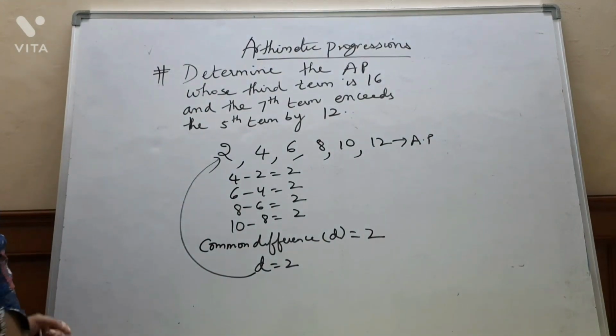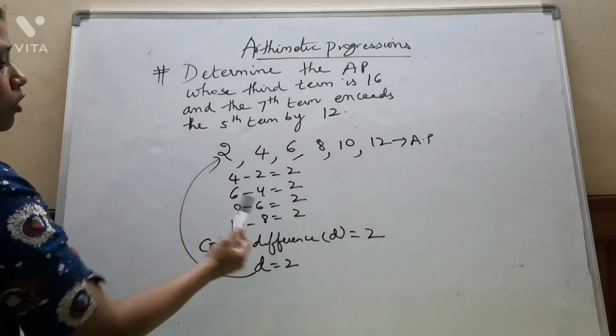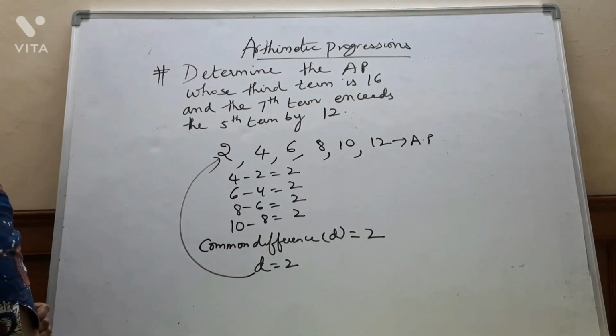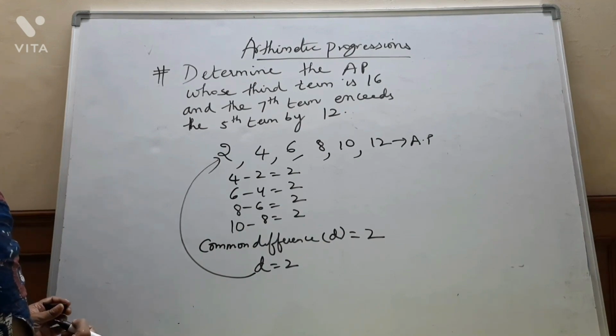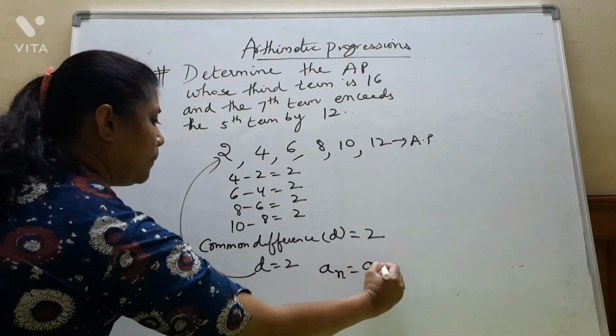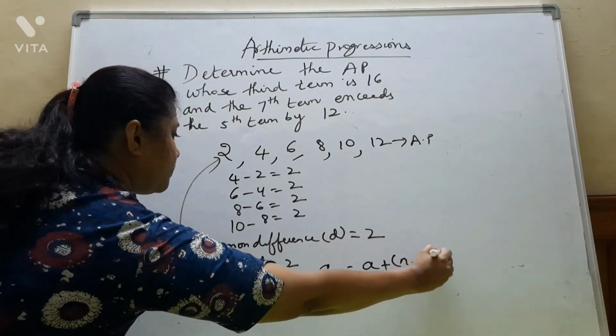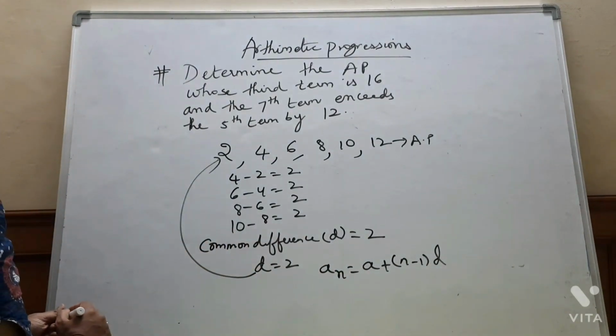So the arithmetic progressions chapter is very much useful in finding out the nth term of the series. If you want to find out the fifth term of the series, no need to do all these stuff. It is very easy to find out the nth term of the series by the formula an is equal to a plus n minus 1 into d. So n is your number of terms and a will be the first term of the series.